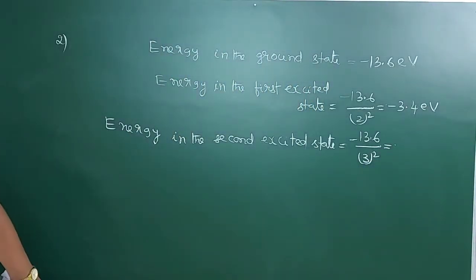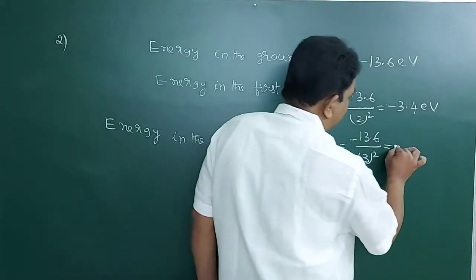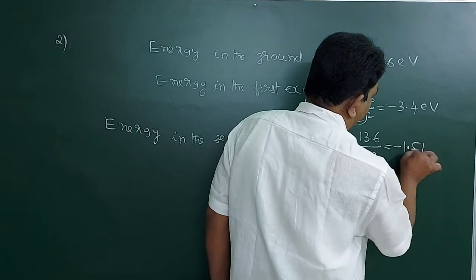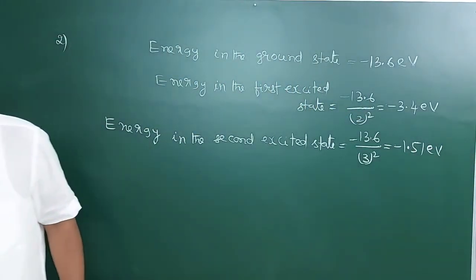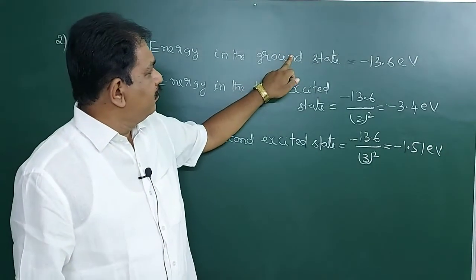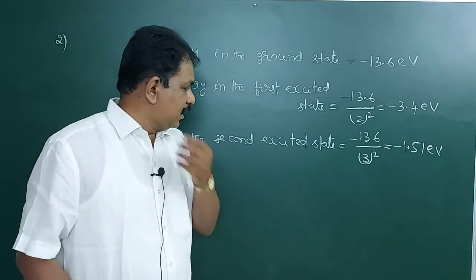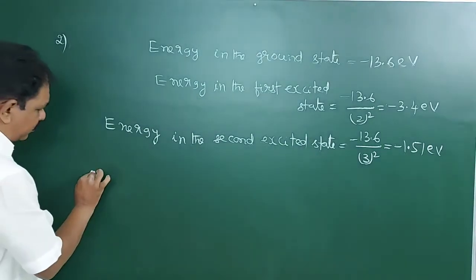So if we calculate this value, minus 1.51 electron volt. Okay. So the difference in the energy between ground state and second excited state, if you calculate,